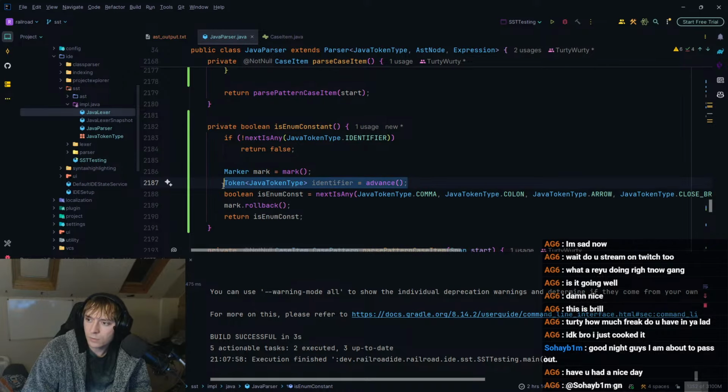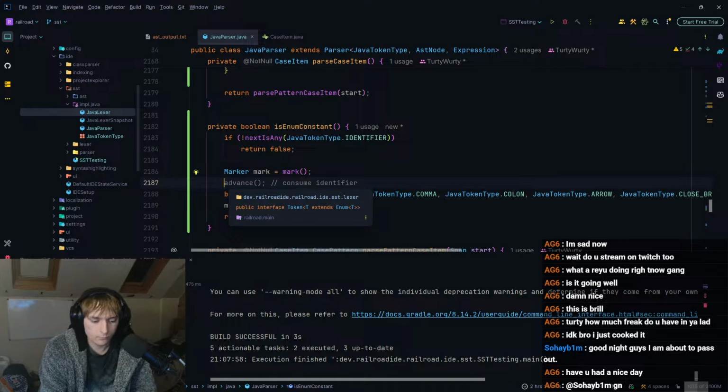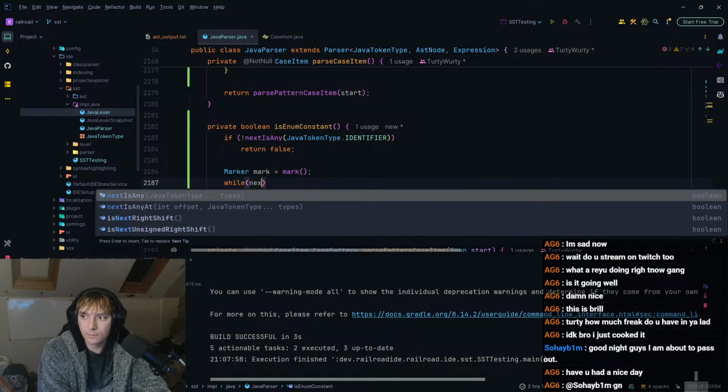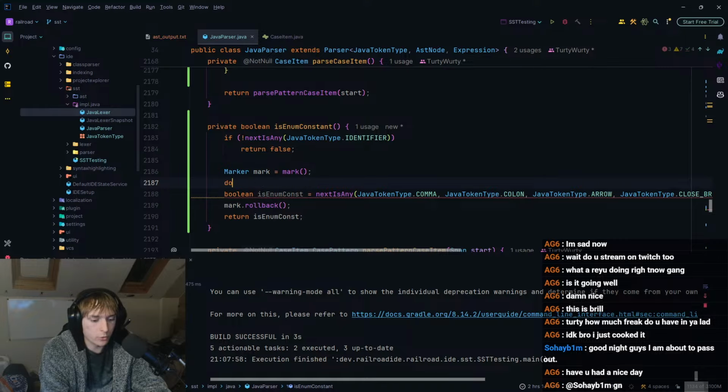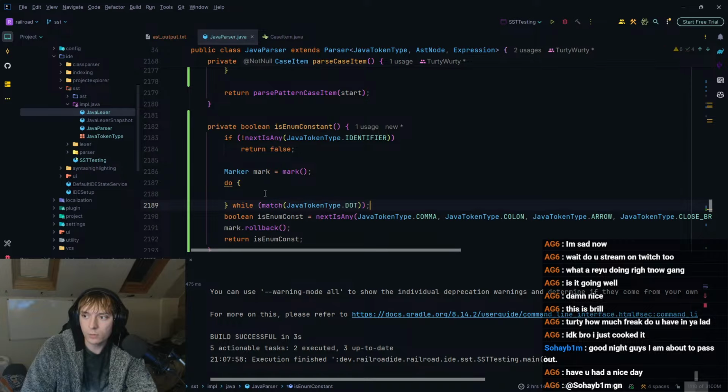No. So what it needs to do, it needs to be able to consume multiple identifiers, right? So while next is any, or no, it needs to be do while match dots.